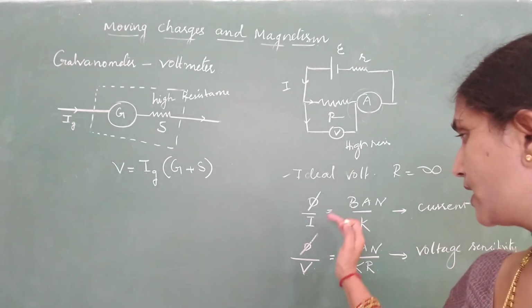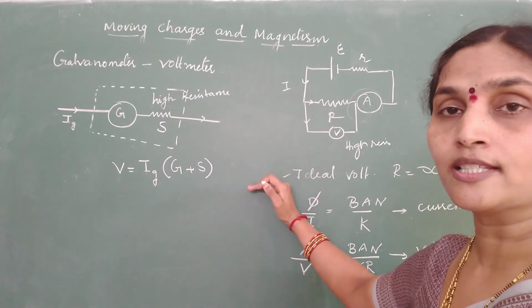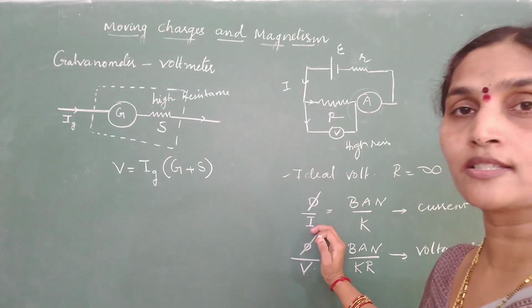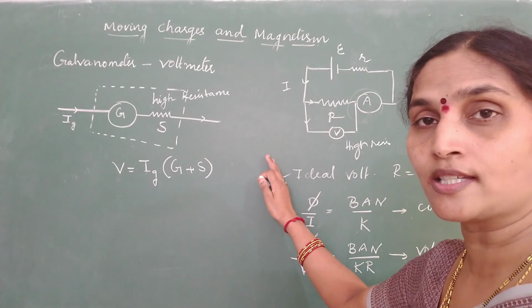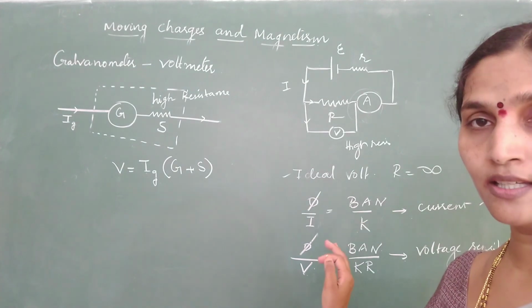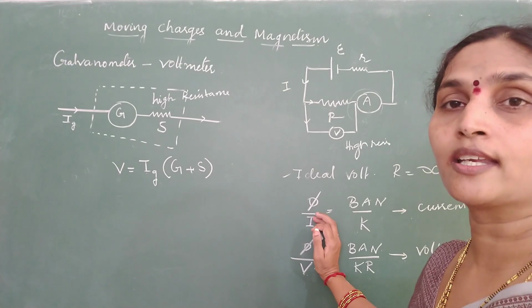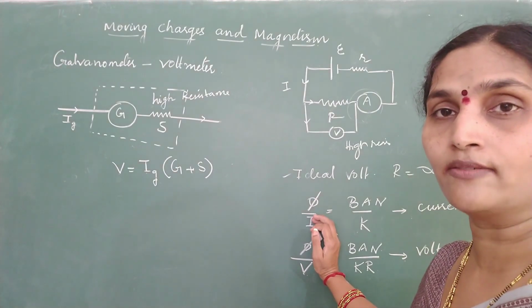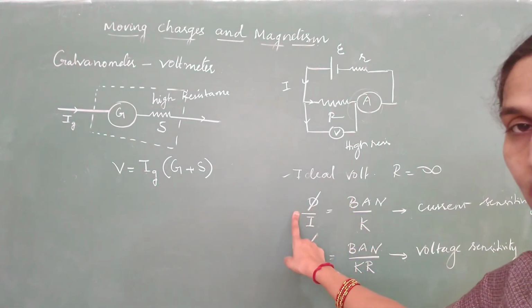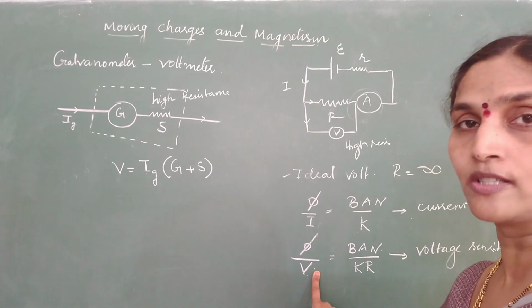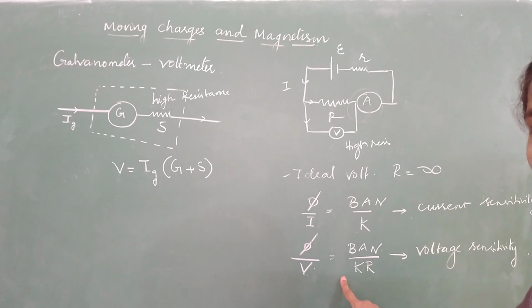Regarding voltage sensitivity and current sensitivity, remember one very important point. It is said that increase in current sensitivity may not increase the voltage sensitivity. Okay, looking at the equations, you feel if current sensitivity increases, voltage sensitivity also will increase. But it is said that increase in current sensitivity may not increase the voltage sensitivity. Okay, let us see why is it so. See, suppose you have an increase in the magnetic field. Current sensitivity increases, voltage sensitivity also will increase. If you increase the area of the coil, both will increase.